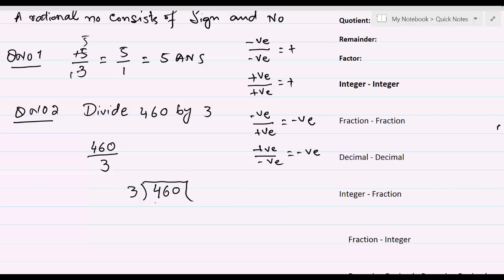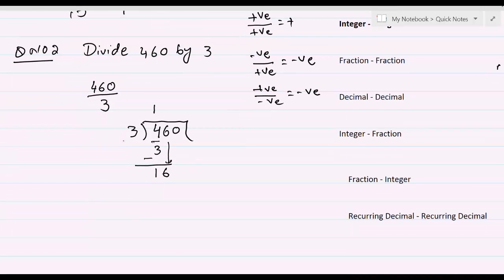So let's start from here and read the table of 3 up to 4, but do not go over 4. 3 only, we can go up to 3. 3 one time, 3, and then we change the sign. Here it's minus. 4 take away 3 will leave behind 1, and then we take down the next digit, which is 6. So let's bring 6 down, and then again read the table of 3 up to 16, but you